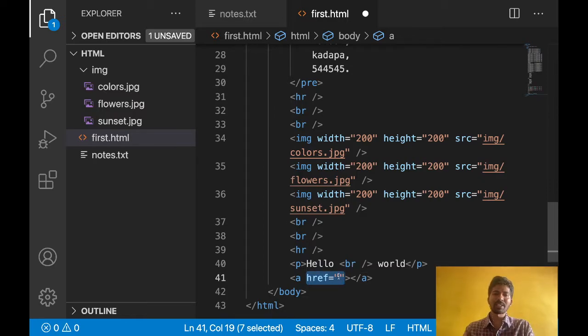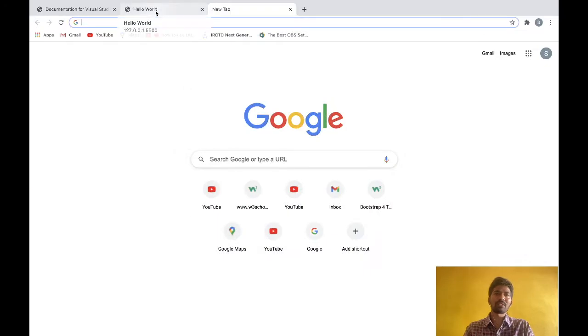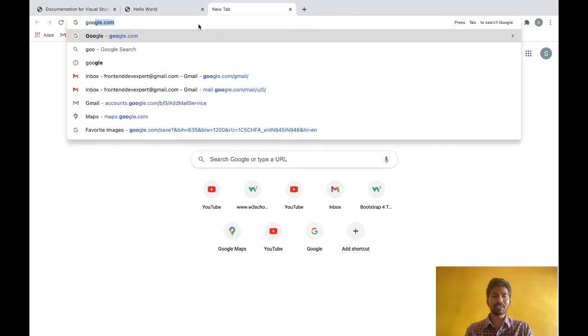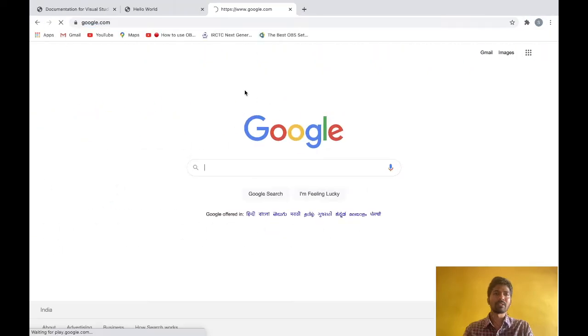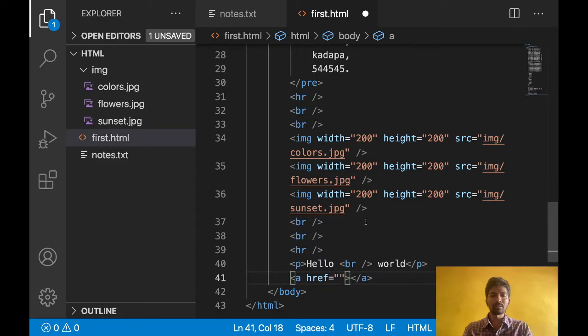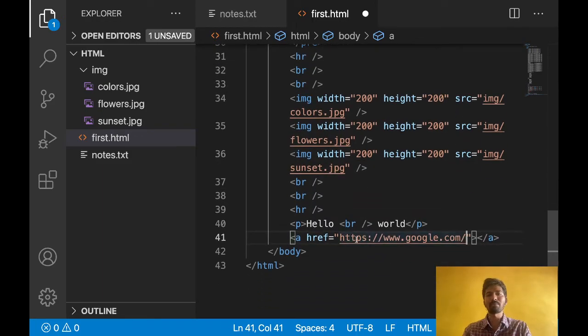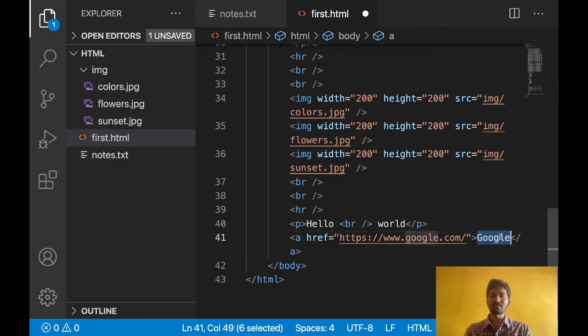Here href is the full path of the link where you should navigate. Let's say I want to navigate to google.com when I click from my page. So I need to give it like this. Instead of this, you just copy this one and paste it. You should give the full path of the link. Whatever we write here will display to the user. When we click this one, it will navigate to this href.